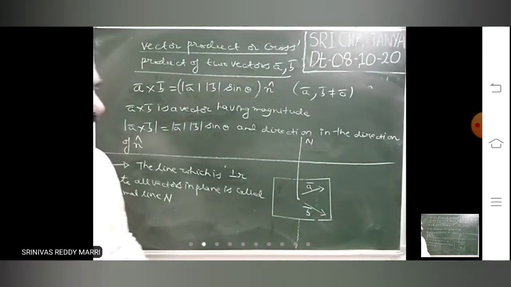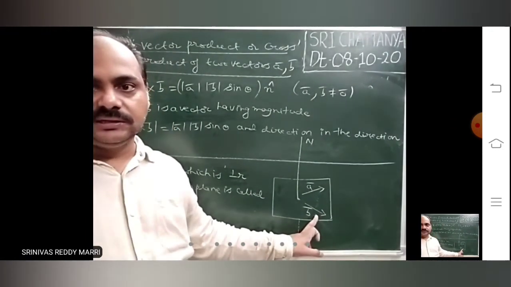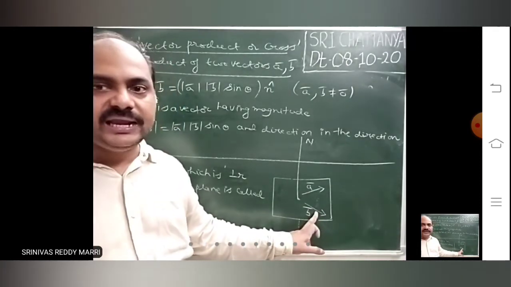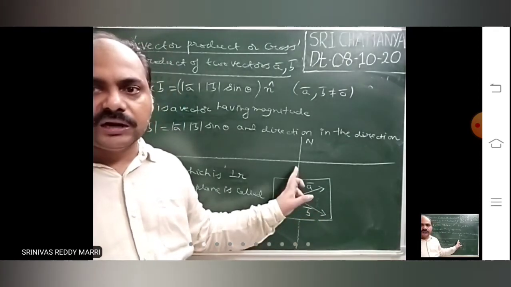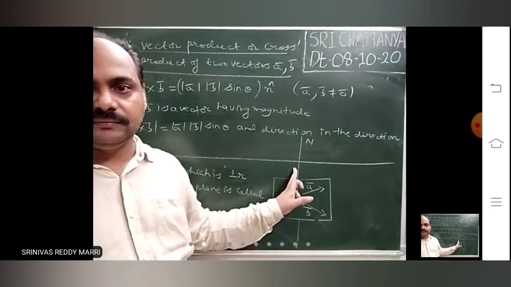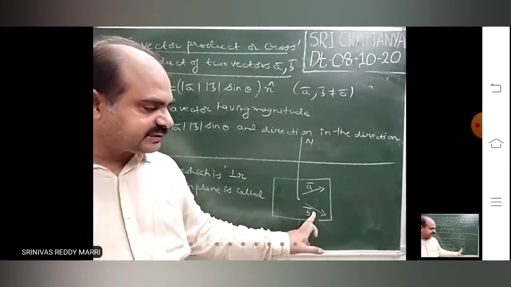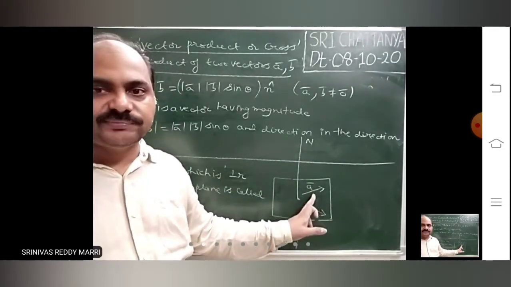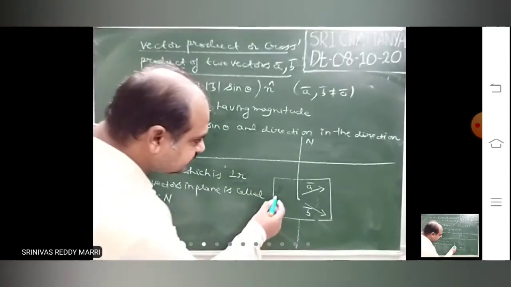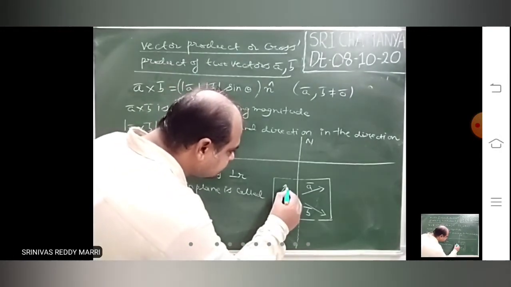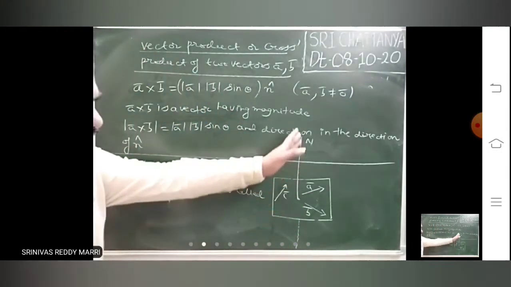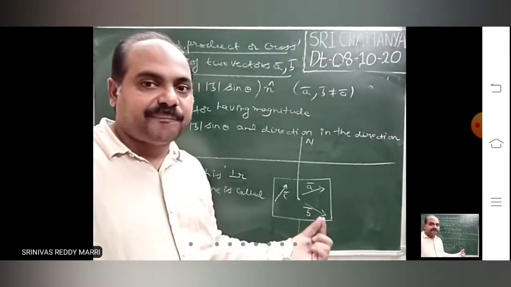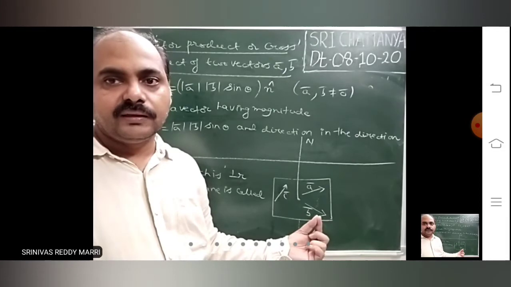On that paper only you are writing, you draw two vectors. This is A bar, this is B bar. To those two vectors or any vector on your paper, normal line will be perpendicular. Suppose two vectors are there like this, normal line will be perpendicular to A bar as well as perpendicular to B bar. Suppose if there is some other vector like this, C bar, for that also it will be perpendicular. That means this line will be perpendicular to the plane.